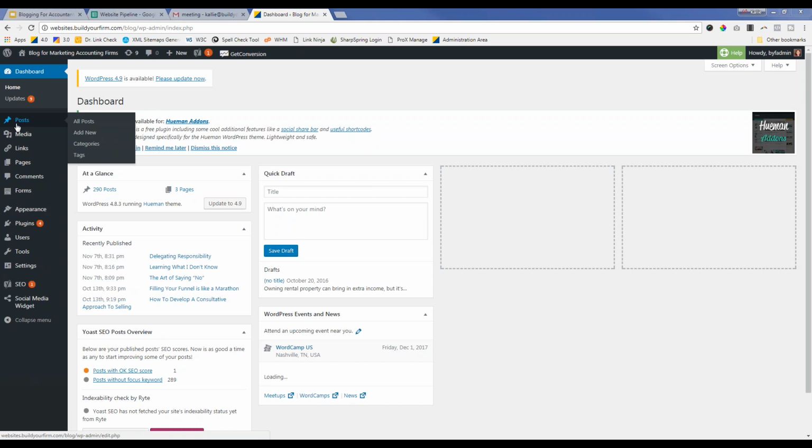Like I said, one of the reasons that WordPress is so great is because if you do want to have a lot of additional add-ons, you certainly can have them. It's all here for you. But you can also keep it simple and just create blog posts, which is what we're going to go over right now. So I'm going to choose posts here. I'm going to go ahead and add a new post.